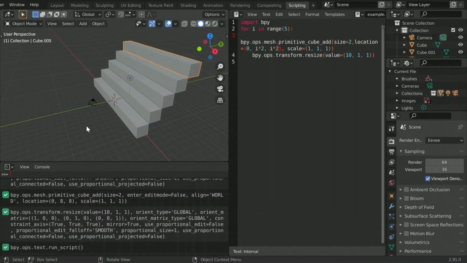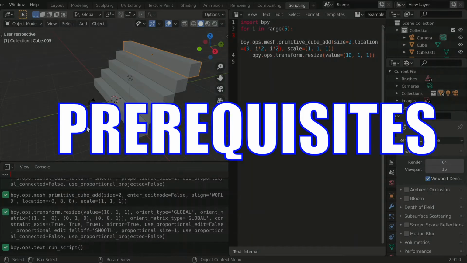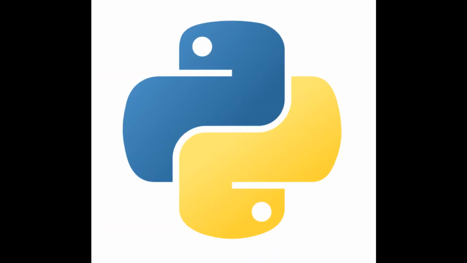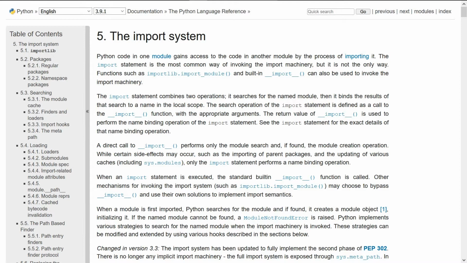In this video, you will learn to make 3D models in Blender using Python. We will make a staircase consisting of n number of steps. So, the prerequisites are the Blender software, a mouse, and basic Python programming knowledge. Concepts such as import and for loop